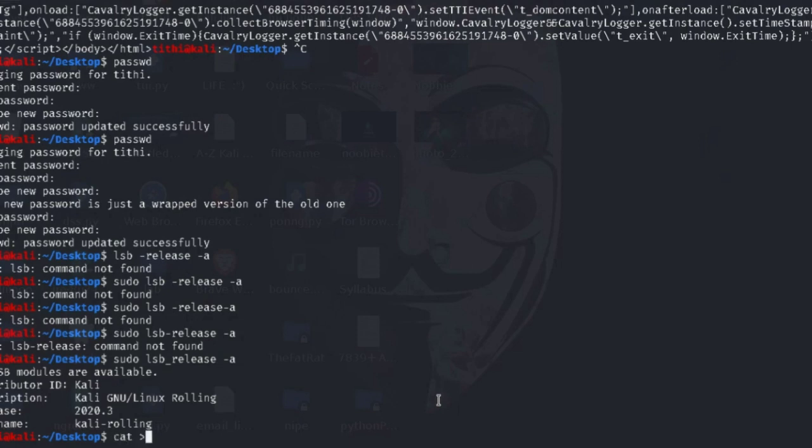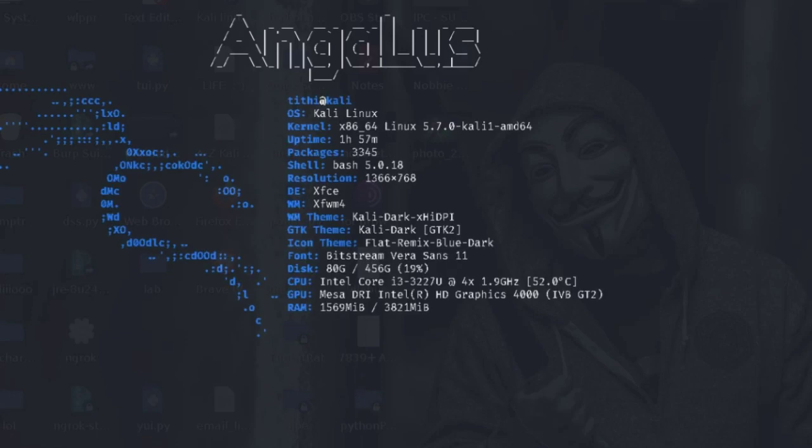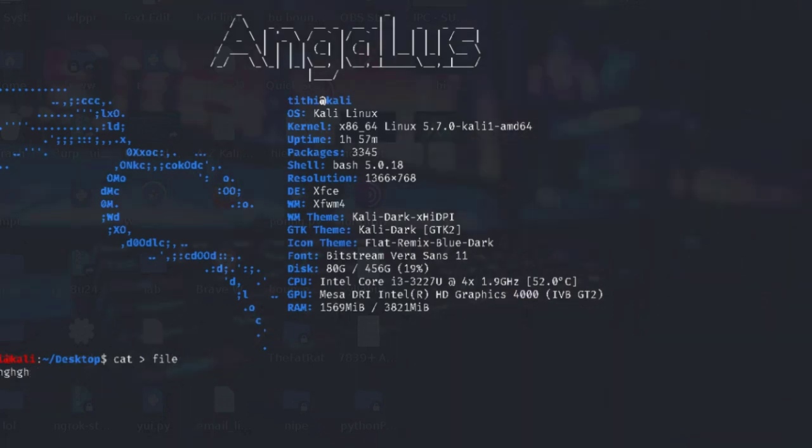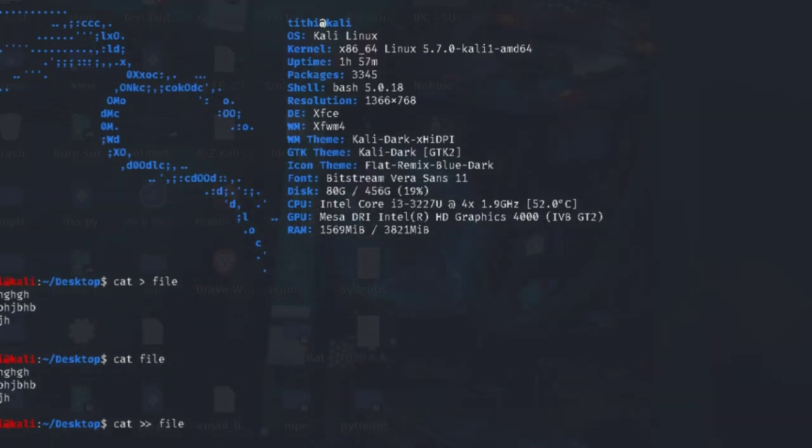After that, we can write into an empty file whatever we want with the help of the cat command. Just type cat, the greater than sign, and the name of the file you want to create, and after that give whatever you feel like in that option and press enter. After that, to check whether it is saved or not, you can just type cat with the name of the file and it will show you the whole thing you have written there.